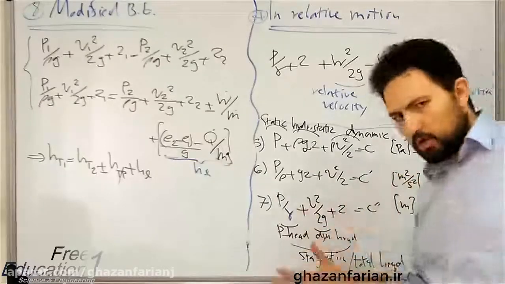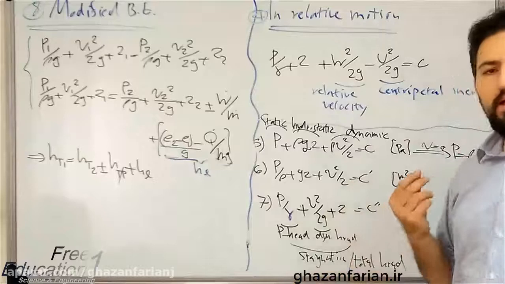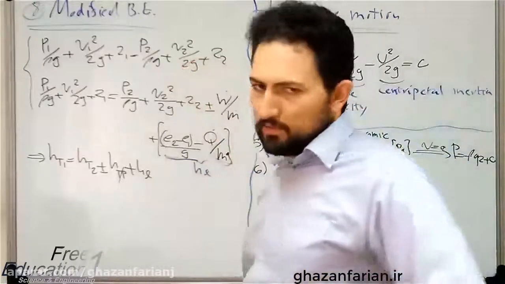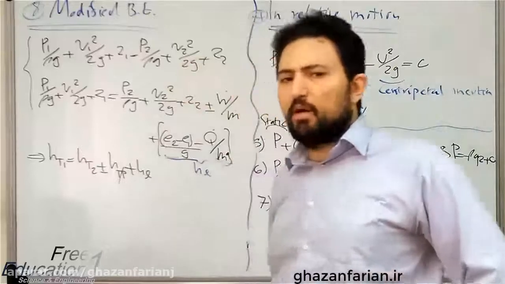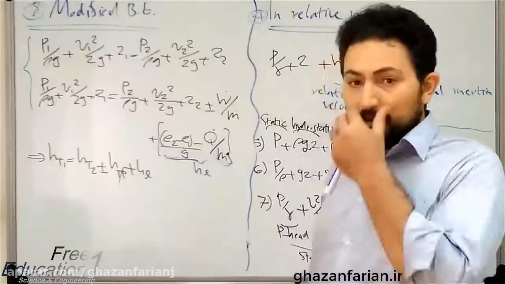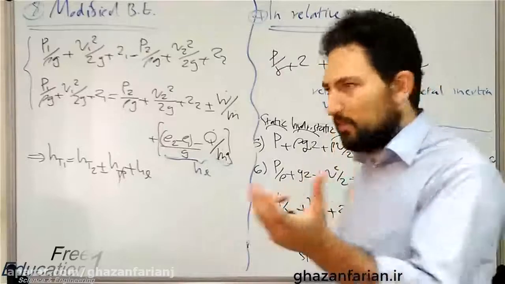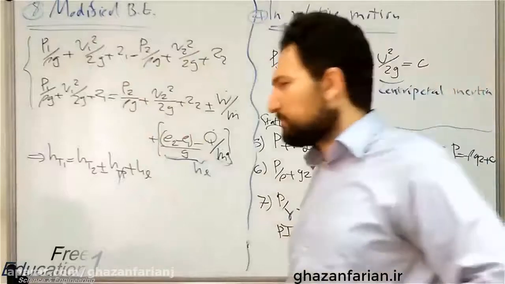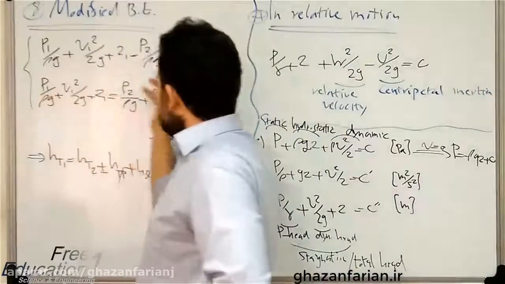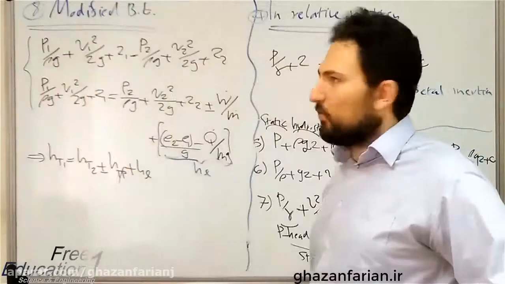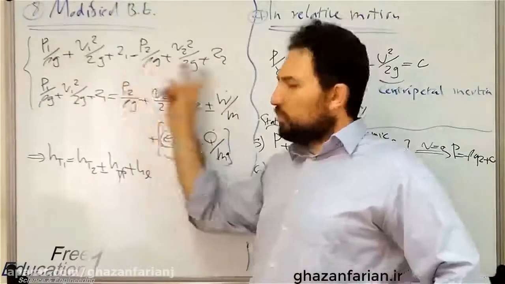I mean the head form with the dimension of length. This form of the Bernoulli's equation is sometimes called the modified Bernoulli's equation, but I will explain that this title, the modified Bernoulli's equation, is not appropriate for this situation. The first equation is the standard form of the Bernoulli's equation, and the simplest form, written between 2 points, point